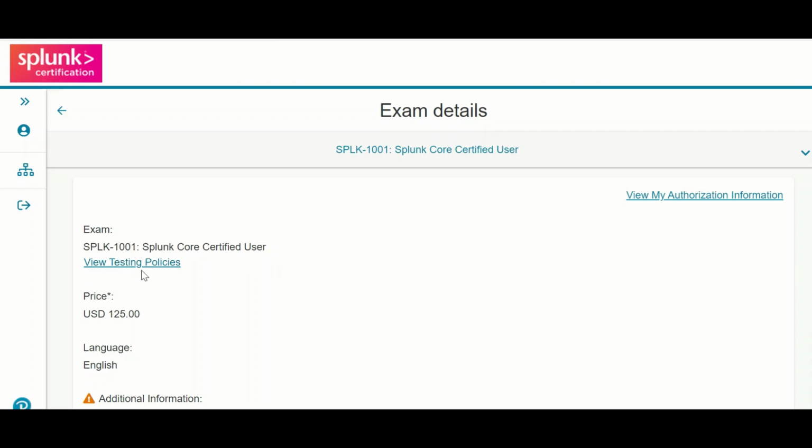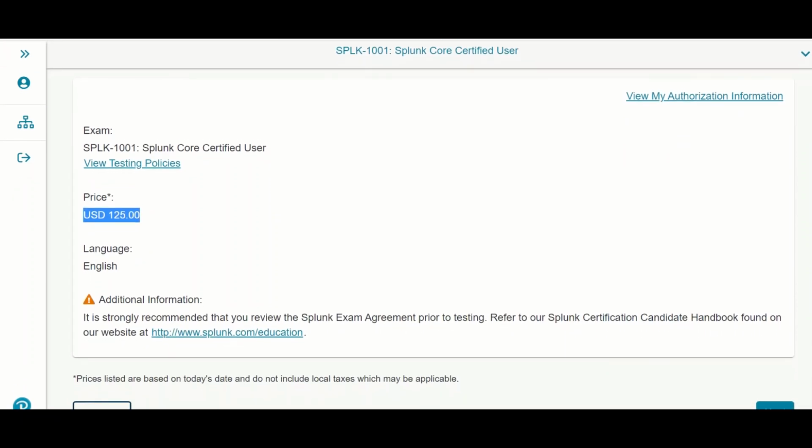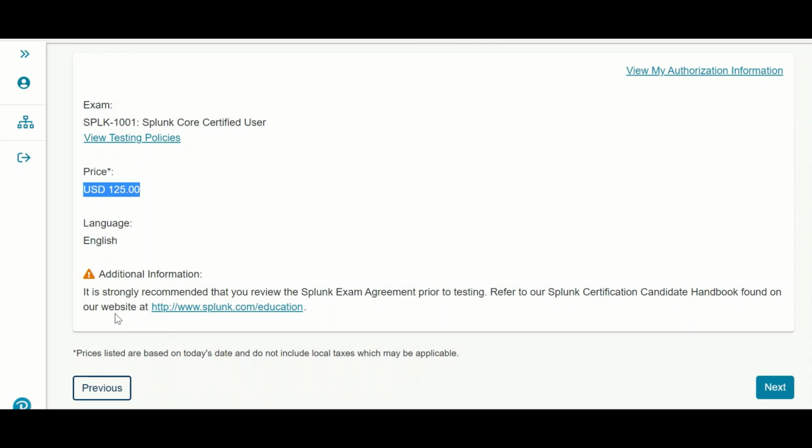If you want to read the test policies, you can go through them, and here you can see it's $125 for the options you have selected. You also need to go to the handbook if you want any Splunk education or other details.